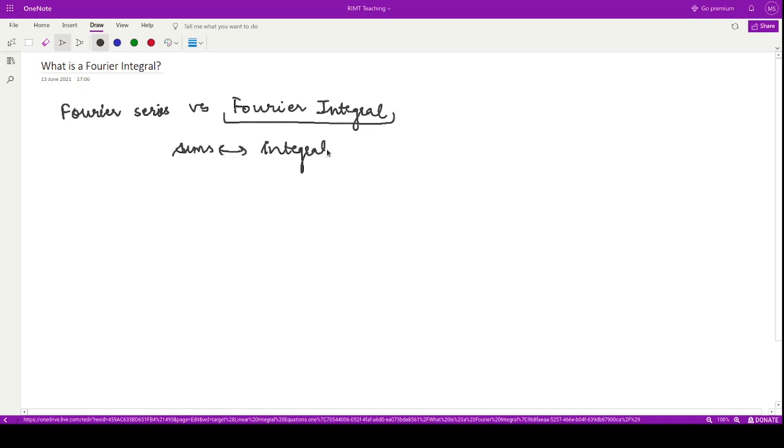That means we are now taking the continuous terms in the case of a Fourier integral. Let me first tell you what a Fourier integral looks like, and then we shall see where it